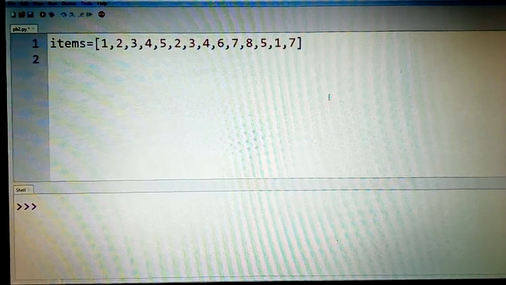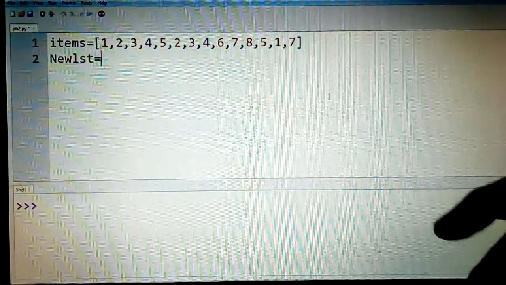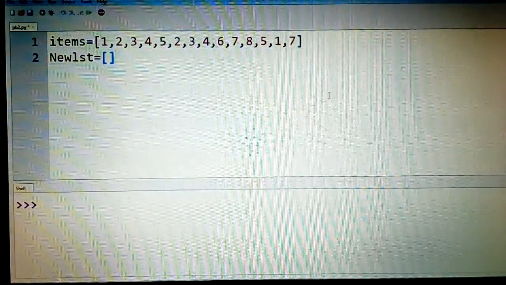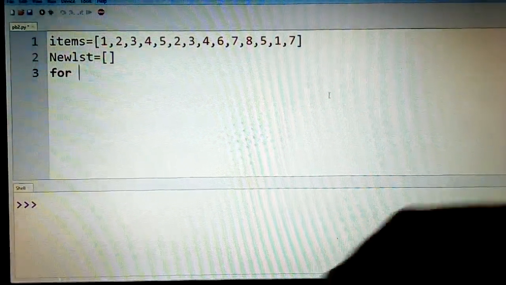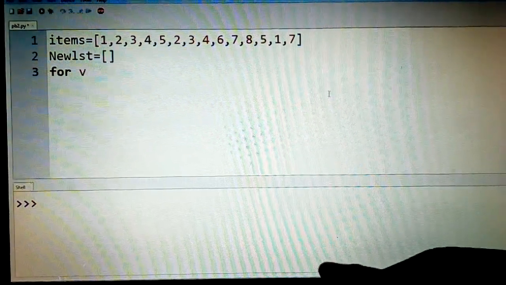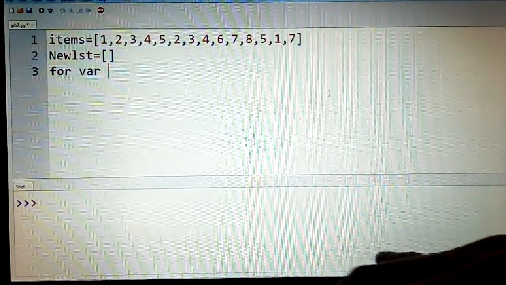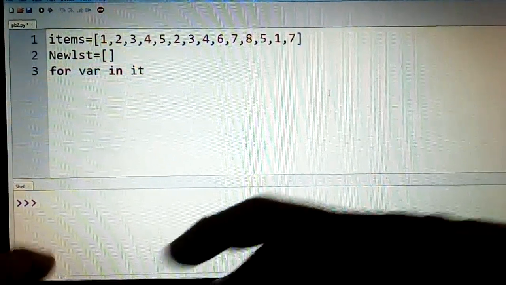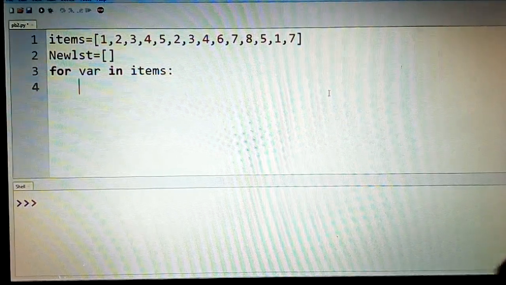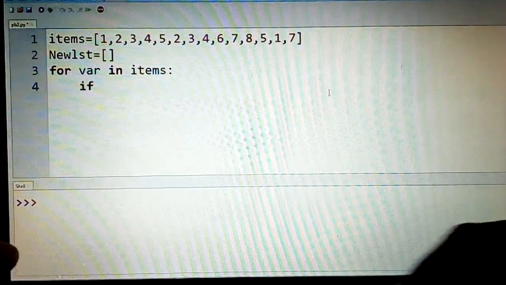So let's call this new list newLST equals an empty list, and then we'll process this original list so that we'll take each item from the original list. Let us call this var, for var in items, so that we'll pick each item from the list and add it to the new list if not present.